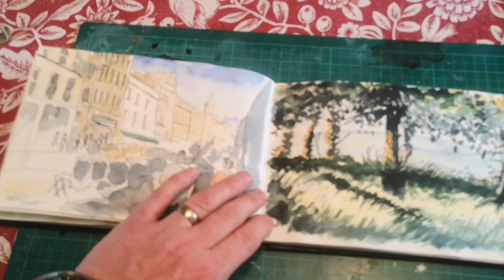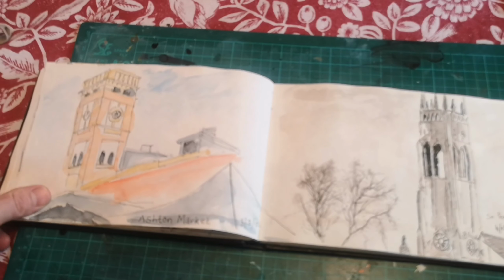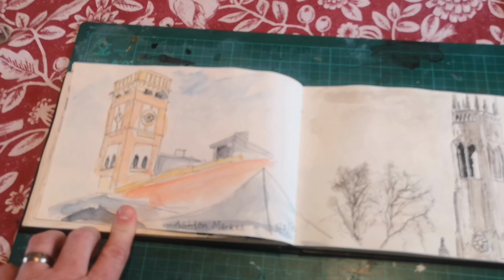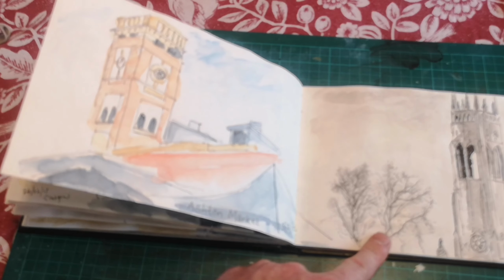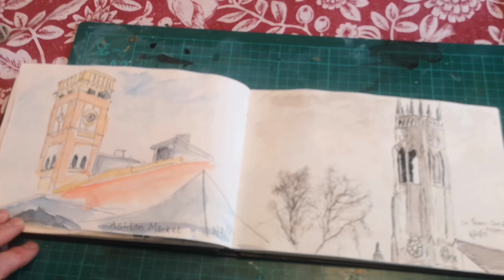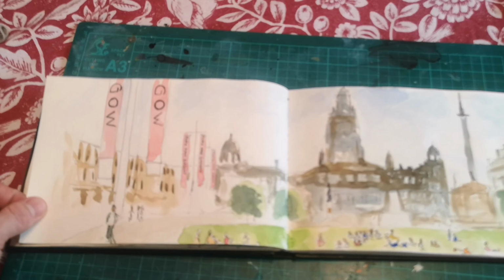Just wanted to get some strong contrast in this painting. And this is the market where I live, the building just in the market way. And this one is just not far from me, just in the town centre, St Peter's Church. Quite nice. And then we've got Glasgow here,